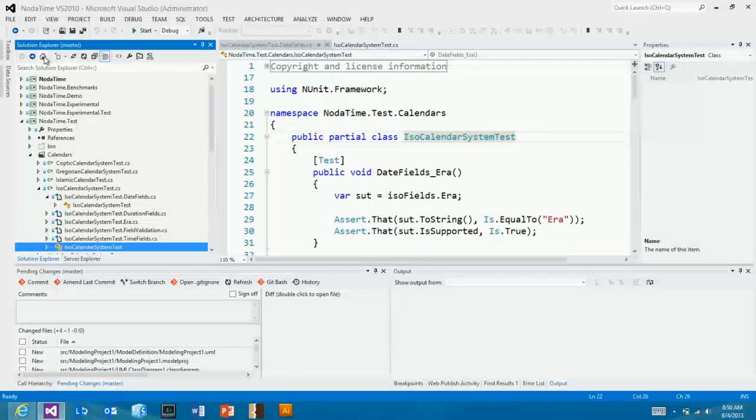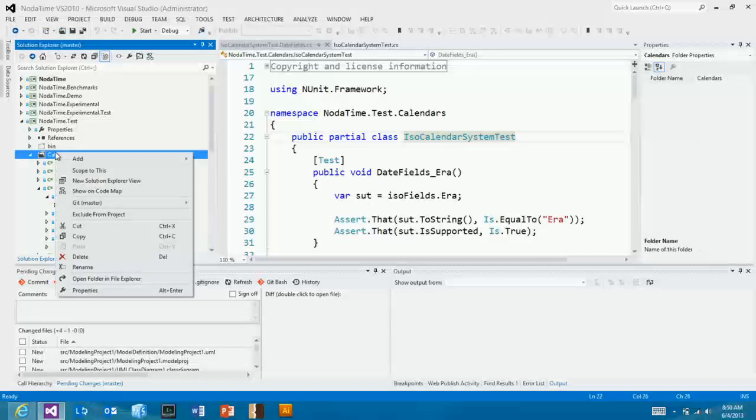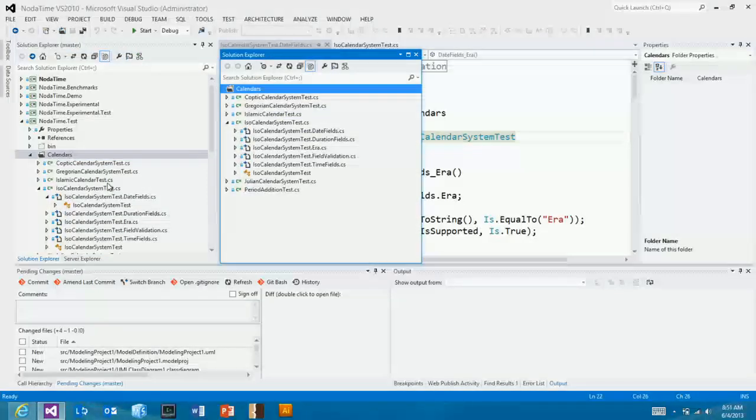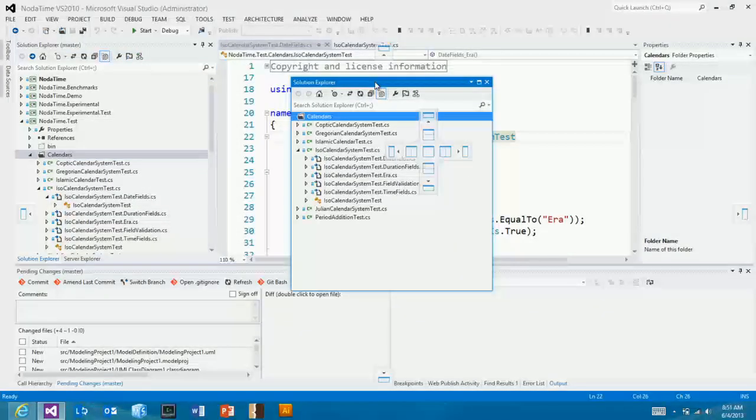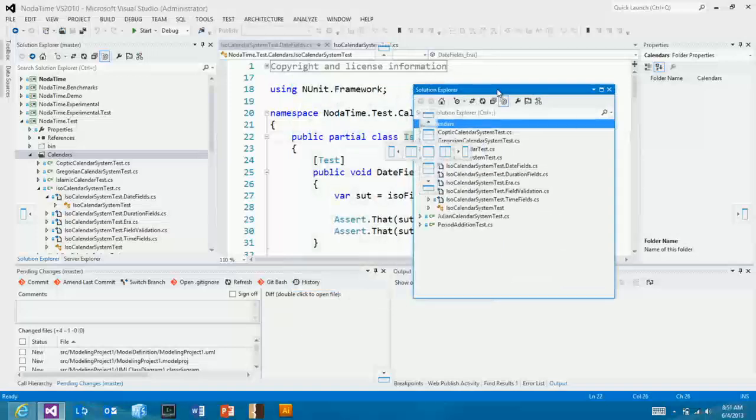So another thing you can do, if you have a really large solution and you're working with a particular project, or even scoped to a folder of that project. We do a lot of ASP.NET code, so I have a scripts folder, which in turn has a whole bunch of subfolders, which in turn has a whole bunch of scripts. Do you know that you can actually tear off at any point a new Solution Explorer view? This works great on multi-monitor support. So I can do a new Solution Explorer view scoped at that level, and then I can tear off a